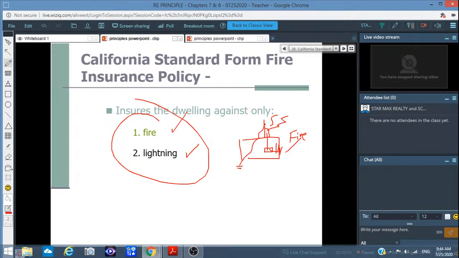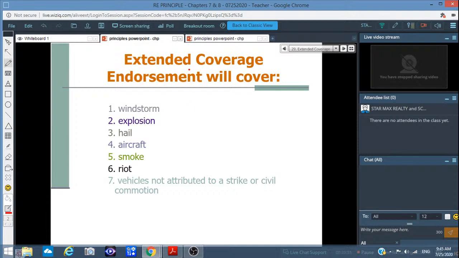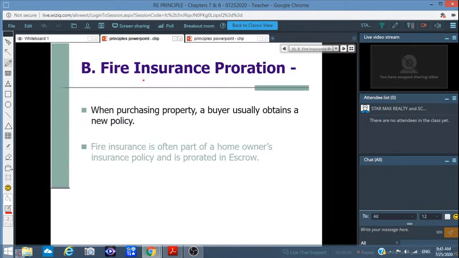有时候你看到烟囱，它有个铁管在上面了，OK，这个就是传这个闪电到地下了，OK，就不用通过你这个烟囱。Alright, other things that you could cover, extended coverage: windstorm 刮风，暴风, explosion 爆炸, hail 冰雹, aircraft 飞机, smoke 烟, riot 暴动, vehicle not attributed to strike or civil commotion. OK，有时候它包你的车子的。OK. Okay, fire insurance proration, OK，也是分配了，这个钱买主跟卖主，OK，如果他用他旧的，就有分配。Fire insurance is often part of the homeowner's insurance policy and is prorated in escrow if they use the old one. 如果他用旧的话，都有分配了。